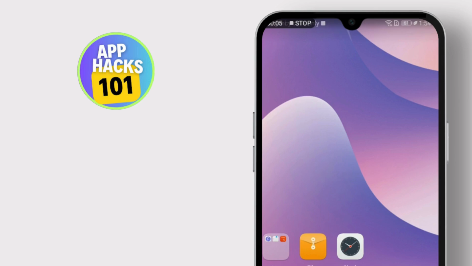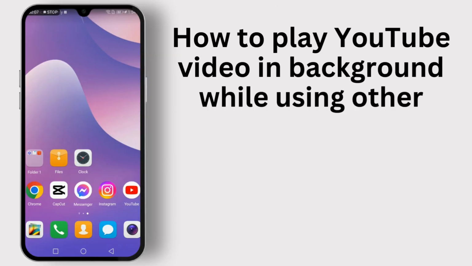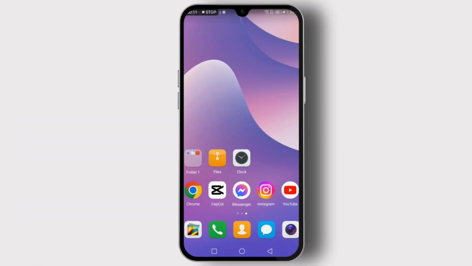Today I'm going to show you how to play YouTube videos in the background while using other apps. Let's dive right in. The first and most straightforward way to play YouTube videos in the background is by using